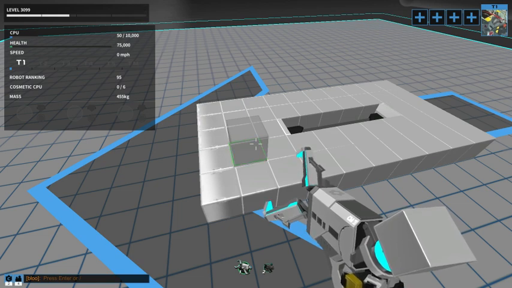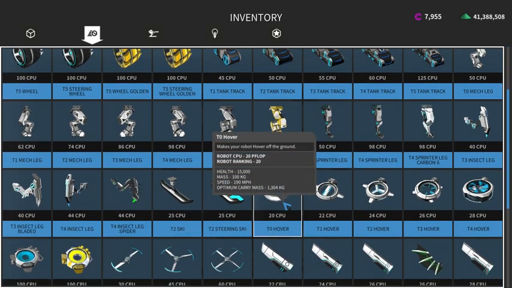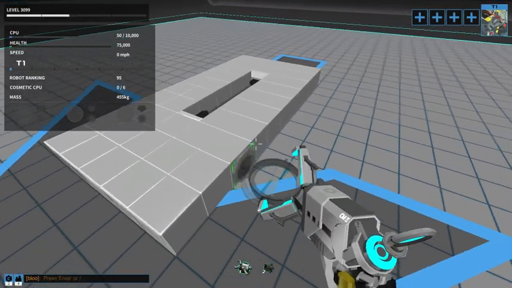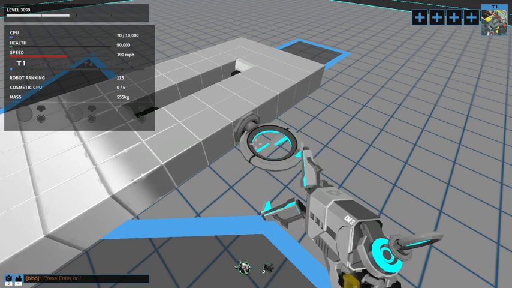effective components up front. So you want your juicy bits, like lower health per CPU parts. If you take the health of a part and you divide it by the CPU, you get the health per CPU of the part. You want to preserve those components for last. So a hover would be a low health per CPU component, right? You want those on the inside, you want them protected,